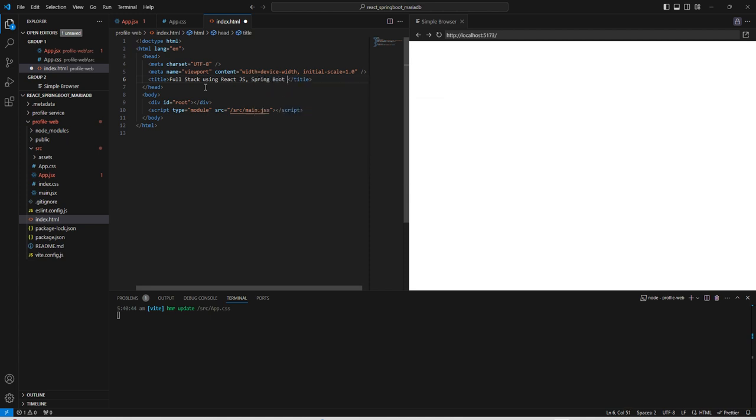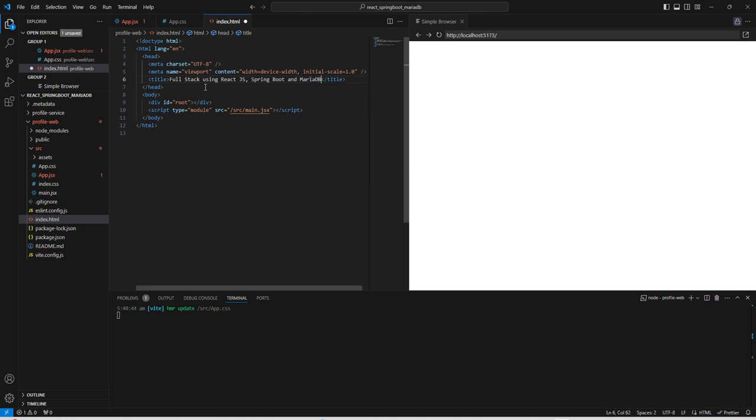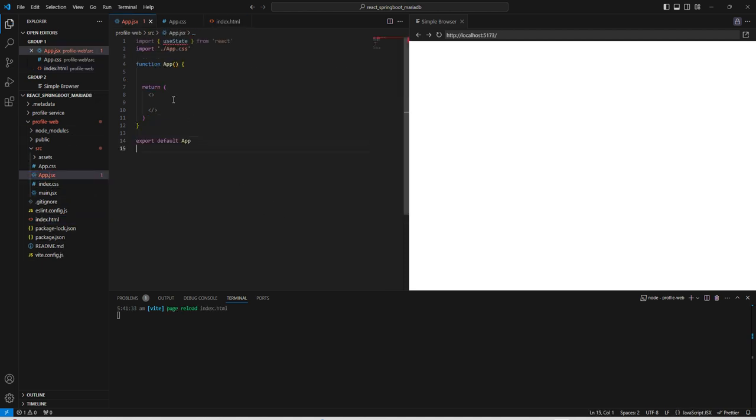Spring Boot and MariaDB. That's it. Now we can save it. Next thing, we can create our actual main container